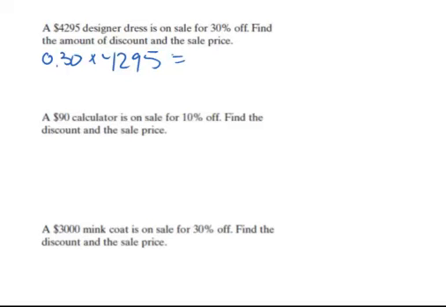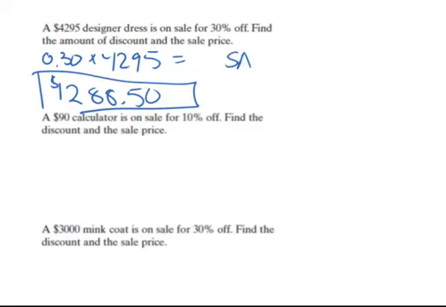So we're going to save $1,288.50. That's the amount of my discount. Now, my sale price, I need to take the $4,295 minus the $1,288.50. And so now we only have to pay only